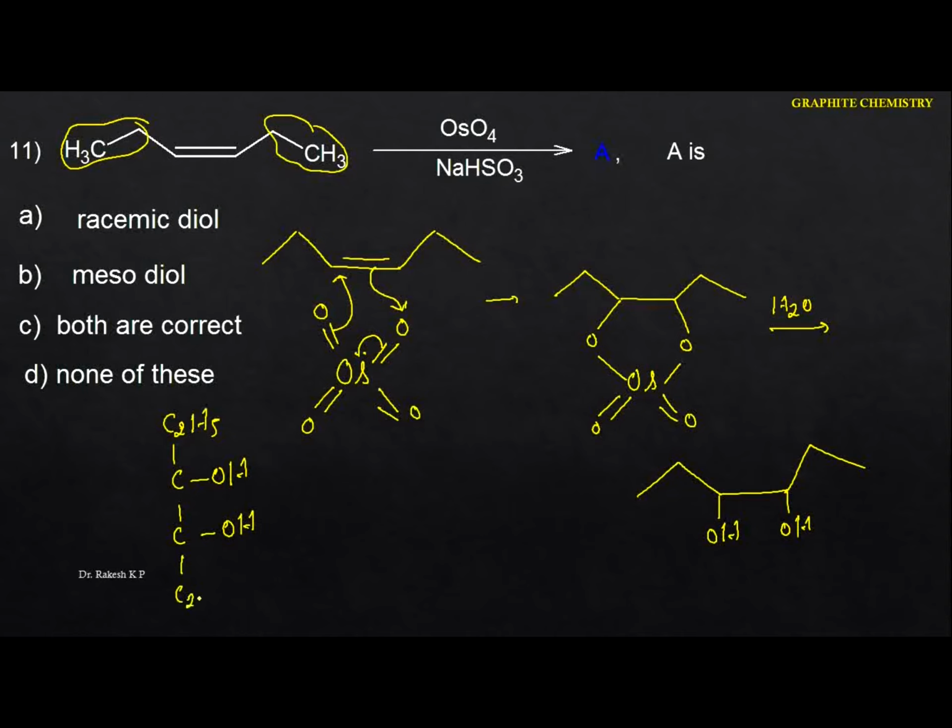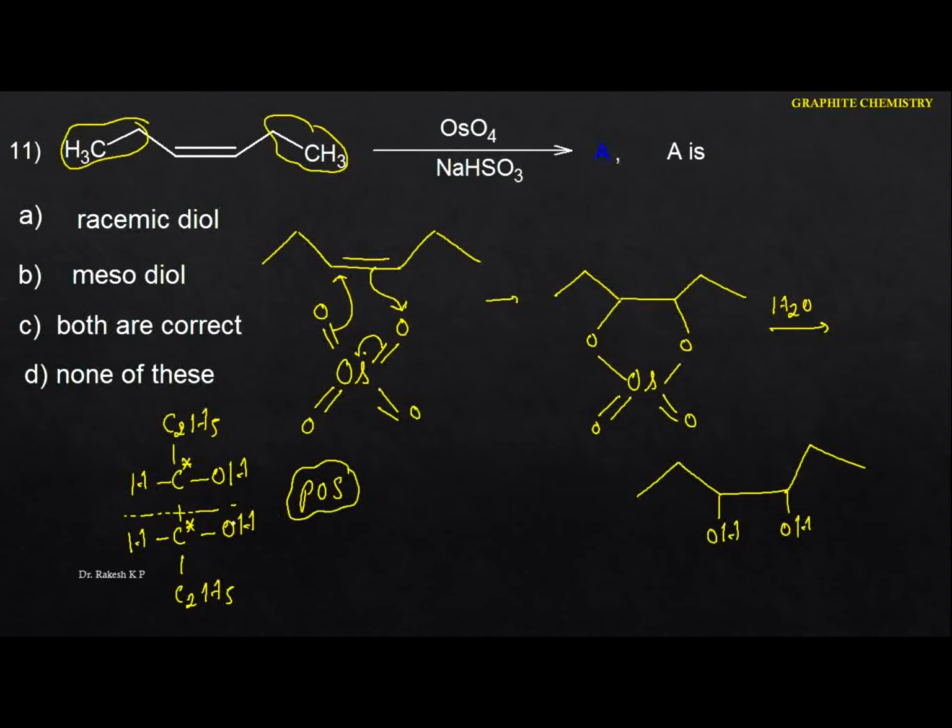And now you just identify this one here, and then I'm going to satisfy the valency of the carbon here. Just go to this one here. So this is the chiral carbon. This also is a chiral carbon. Now if you cut into two halves, the part above the plane is a mirror image of the part below the plane. Here we can identify the plane of symmetry. So if I identify the plane of symmetry, that refers to the meso compound.